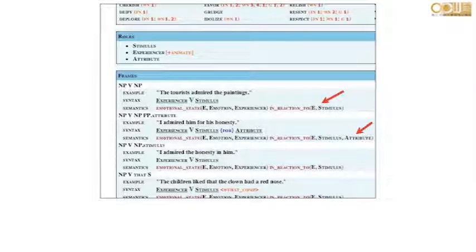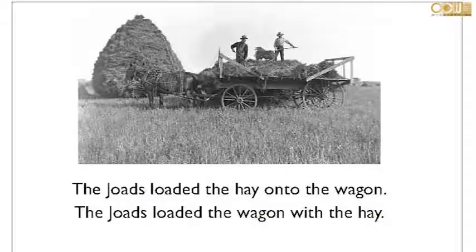So I wanted you to notice, though, here's the actual case where we have two different syntactic structures, and they have different semantics written down. This actually is something a lot of people believe is true, whether you're thinking about it in construction grammar or not. So imagine this is one of the most famous examples. You have the Jodes loaded the hay onto the wagon, or the Jodes loaded the wagon with the hay. So these are two different sentences. They don't mean the same thing, though. So even though